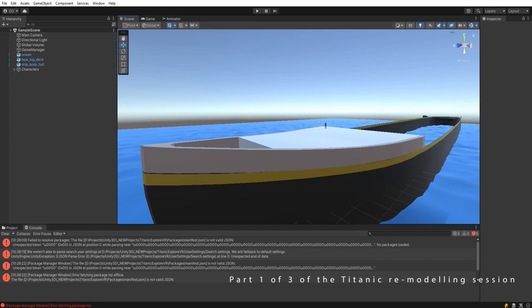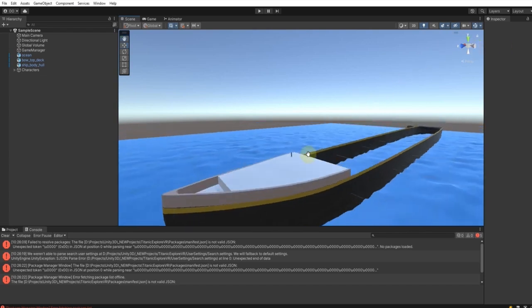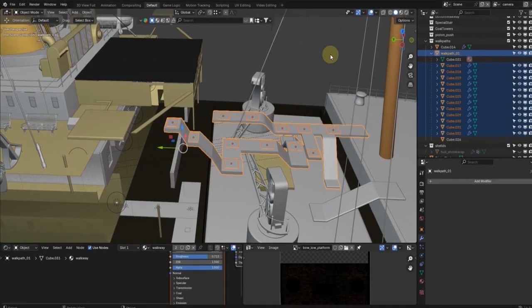You recognize this model in Unity from the last video, where I exported this from Blender. I stopped at the stage of actually exporting the models into Unity and visualizing it like this. But I've realized that I need to go back to Blender and ensure that I have the right